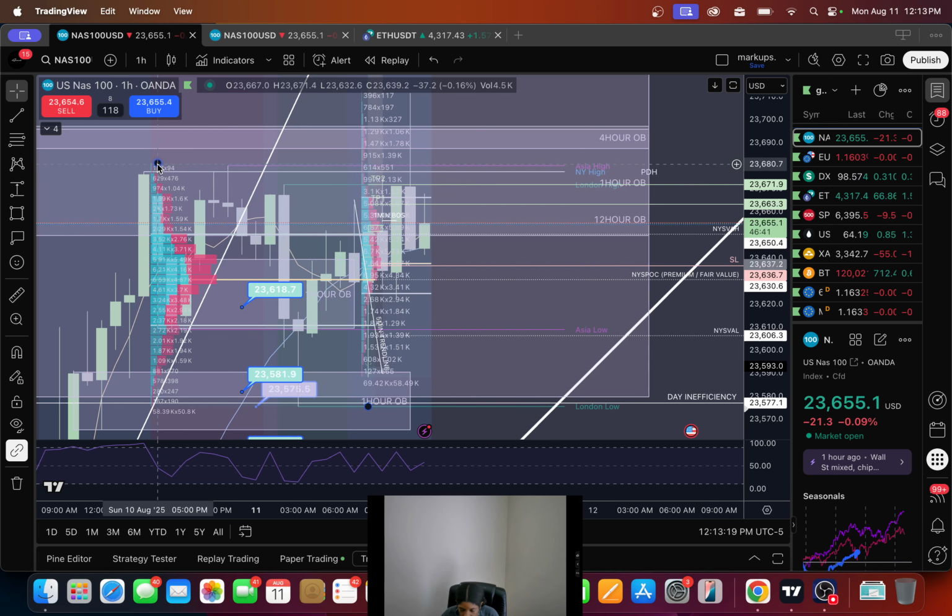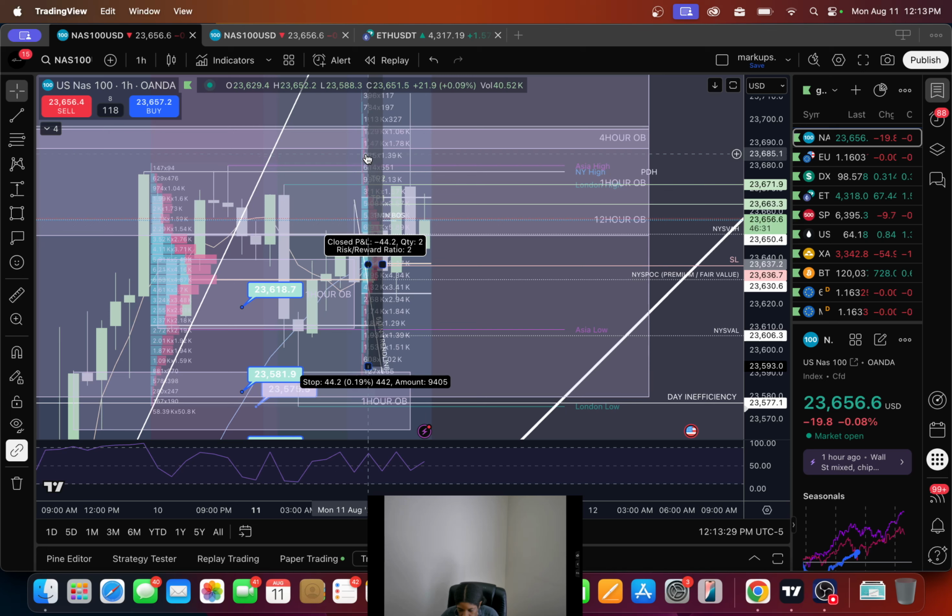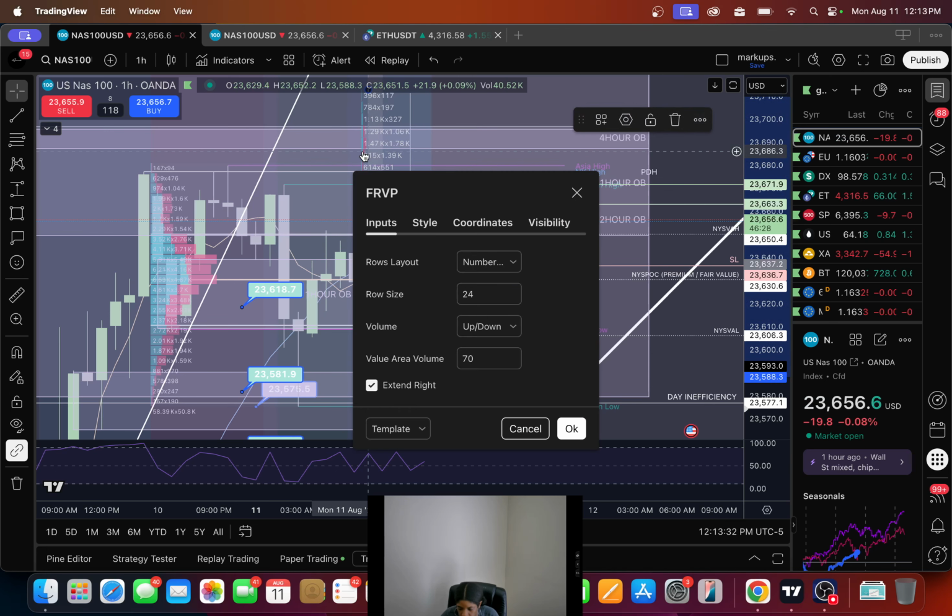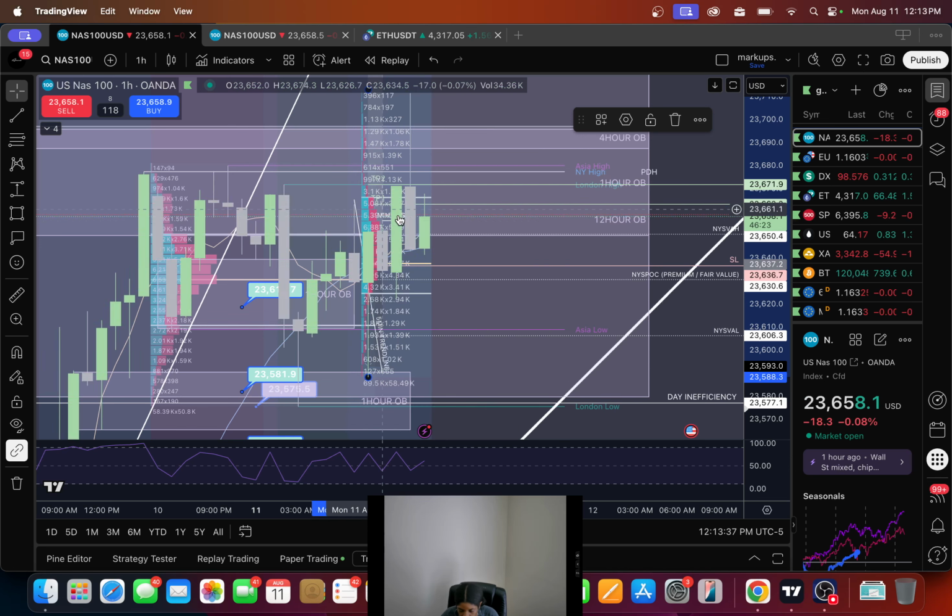Mark time period, whatever, and drawing that out to 8, and then using a second fixed range volume profile, drawing that out from 8 to 8:30. I was able to see that the New York session point of control, which is represented by this yellow trend line, if you will, had moved upwards from the previous fixed range volume profile,